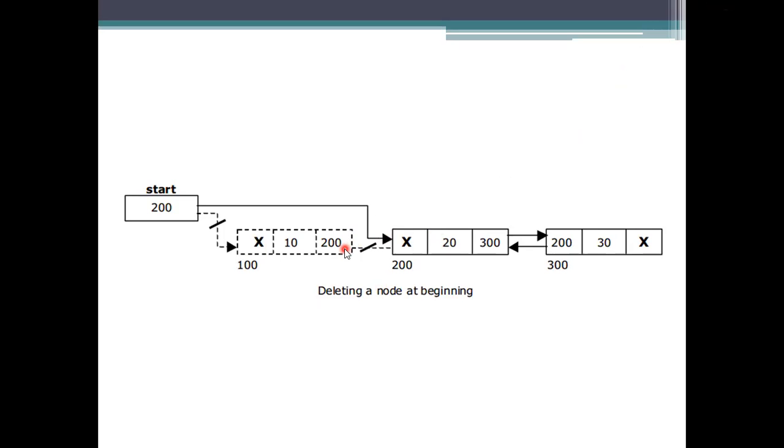So here we are taking this one. Start's right has to be stored into this new. So start means 100. 100's right child is 200. 200 has to be this one. And coming to the left part of this one, it has been taken as 100, but we need to specify it as a null because it is at the beginning.